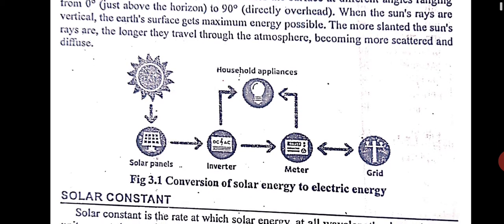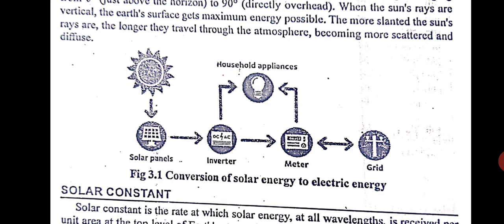I think I'll explain one sketch here. Nowadays people are installing solar photovoltaic units on top of their rooftop, that is grid connected, say 10 kilowatt, 20 kilowatt. The sunlight falls on the solar photovoltaic panels, and it produces DC current, that is direct current. Then it is connected to an inverter, and the inverter converts that DC current into AC current.